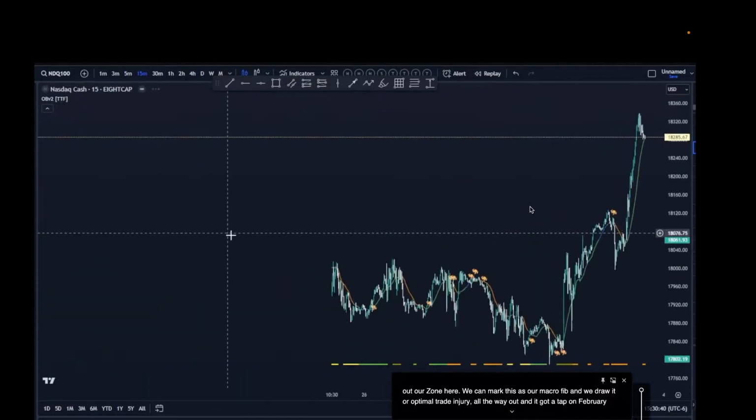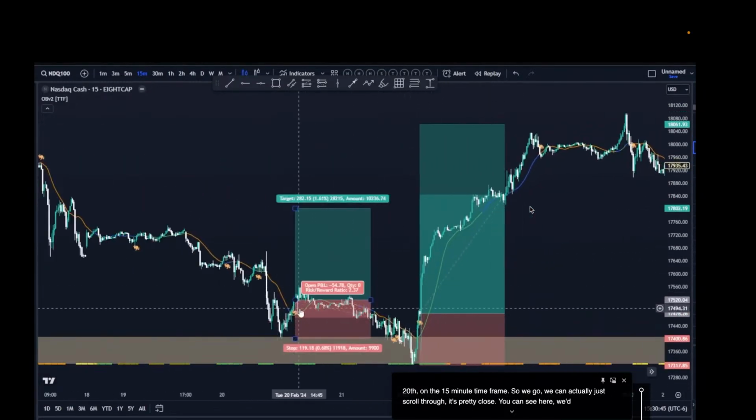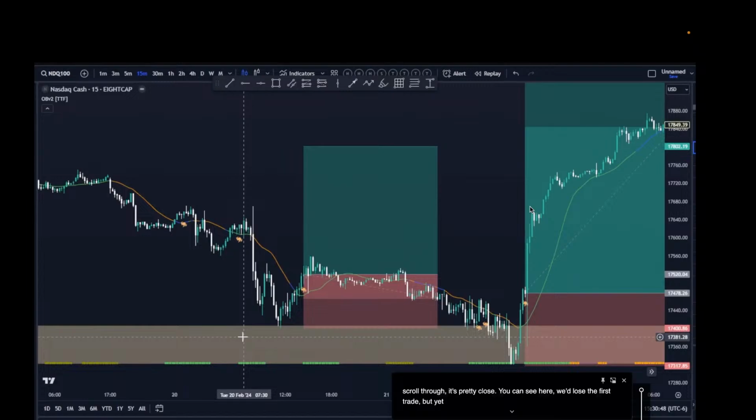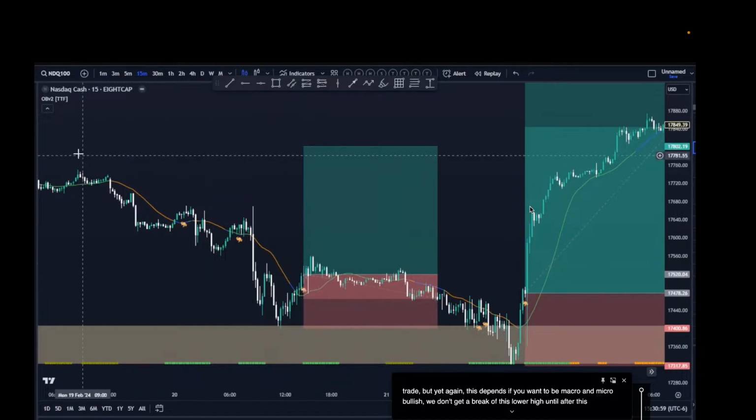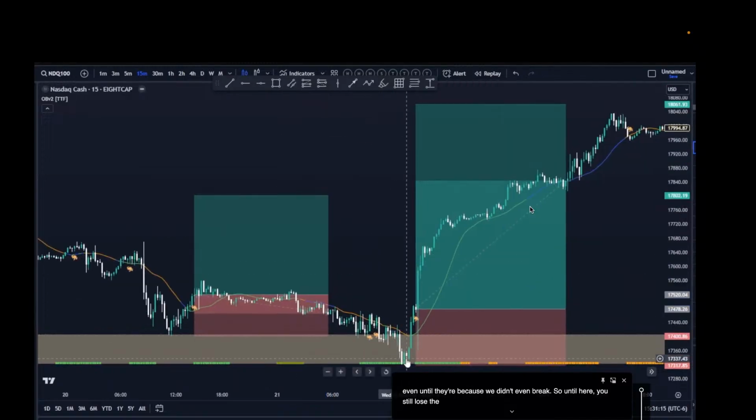So we can actually just scroll through. Pretty close. You can see here we lose the first trade, but yet again, this depends if you want to be macro and micro bullish. We don't get a break of this lower high until after this signal print, so you technically wouldn't have taken this entry until here. Well, not even until there because we didn't even break. So until here, you still lose the trade anyway. And then we get another break